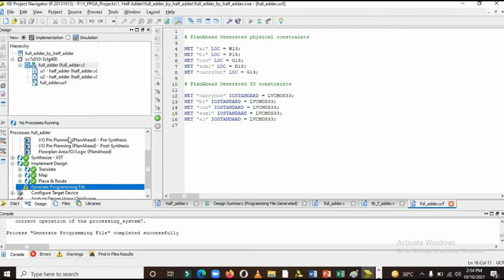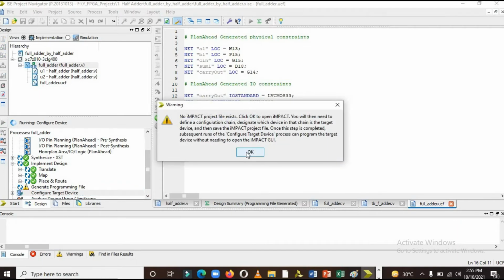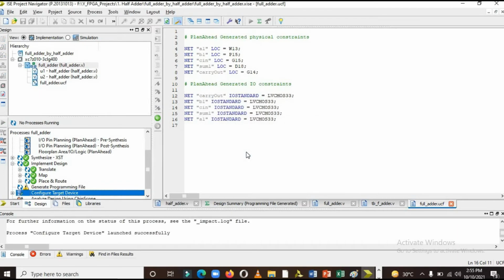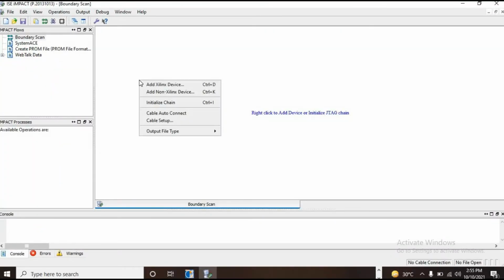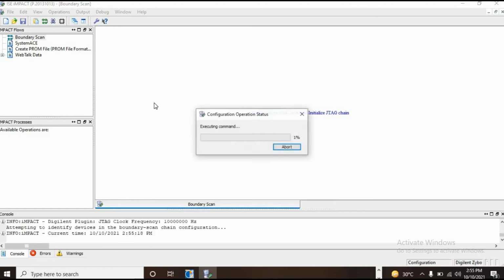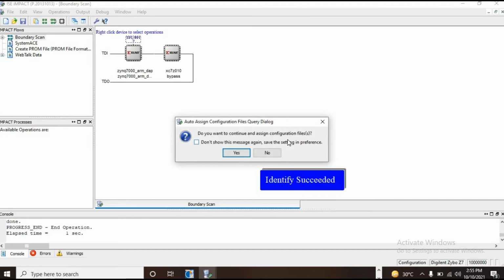So in order to upload this file in the FPGA, first we need to connect the FPGA to the PC. FPGA is connected to the PC. Now configure target device. Press OK. Impact window will open, and we need to go to the boundary scan. Click right here, initialize chain, and the board is detected. Click yes,